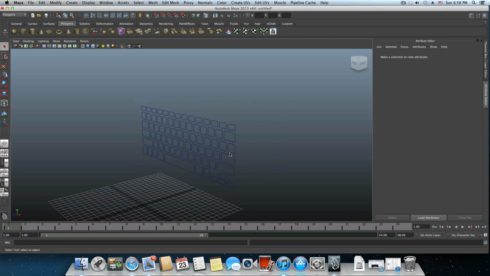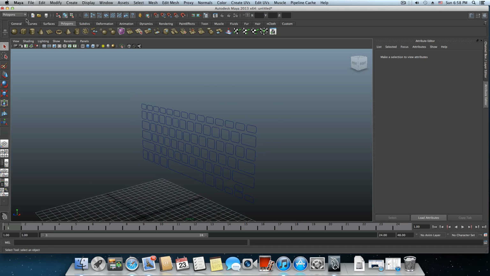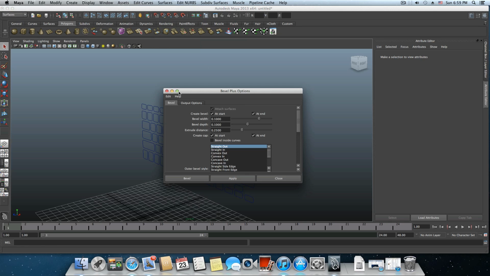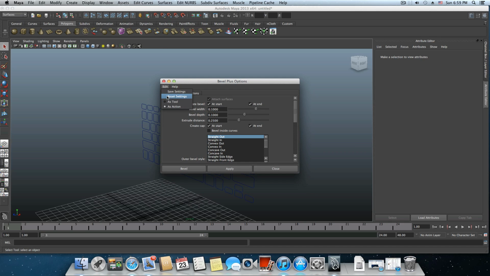And as usual, what you're going to do is switch to surfaces in this drop down menu, click surfaces and choose bevel plus, right? So let's just click on this little square and do reset settings, so it will be reset. And also most of the time I'm changing the bevel width or the path somewhere about 0.0100, so let's just set it to it. I'm not sure if it's the width or the path, but